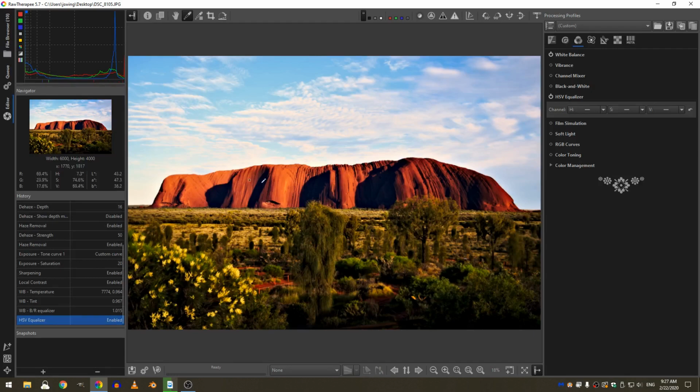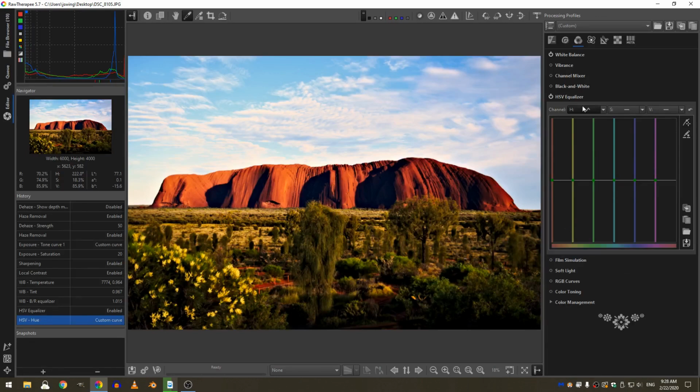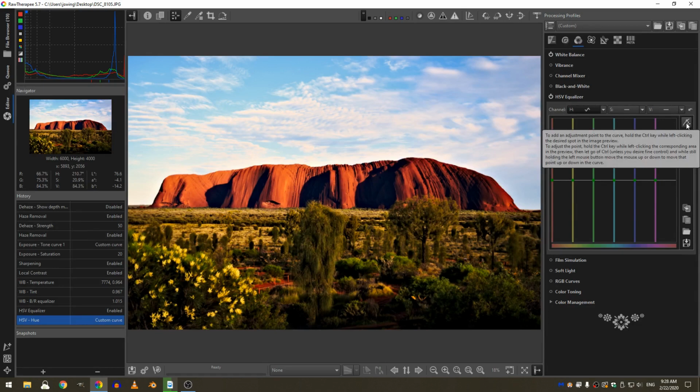Now you may not like the edit that I've done here, and actually I don't really like the edit here either, but the point for me in this is to actually isolate the sky and turn it into a different color using the hue of the HSV Equalizer. Okay, the first thing we're going to do is turn on this add adjustment point to curve,